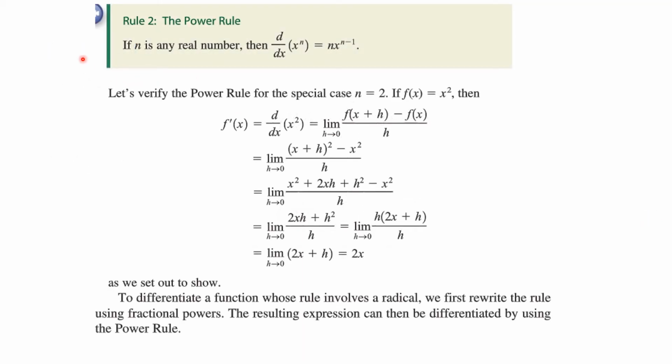Here's another theorem, maybe a more involved one. If n is any real number, the derivative with respect to x of the function x to the n is n x to the n minus 1. So you take the exponent, you multiply by it, and you reduce the power of the exponent on the x by 1. Now, it can be algebraically involved to prove this for any real number, but let's just talk about